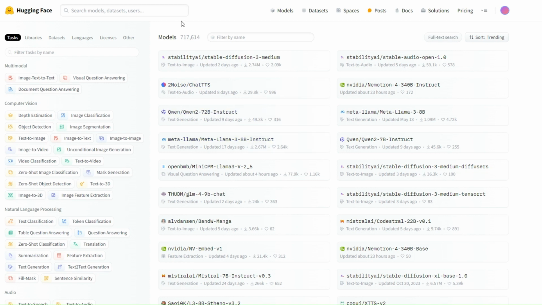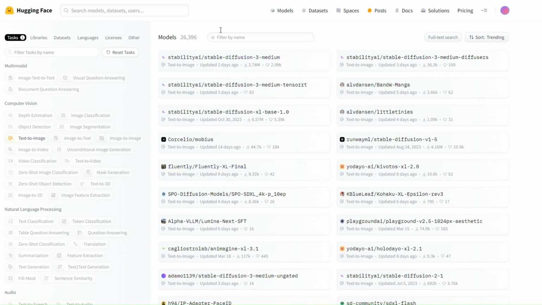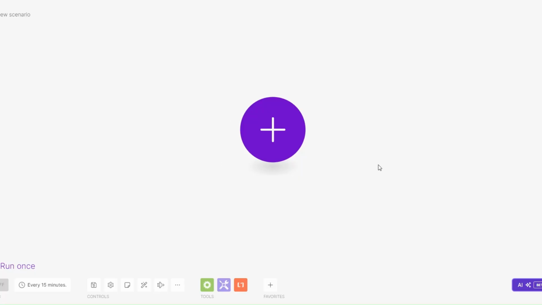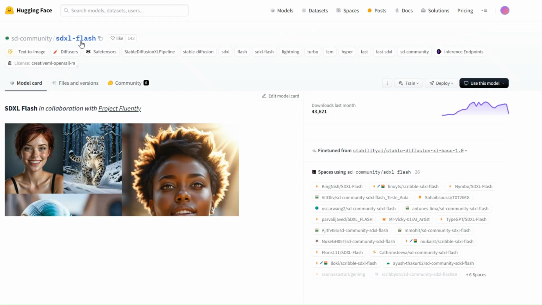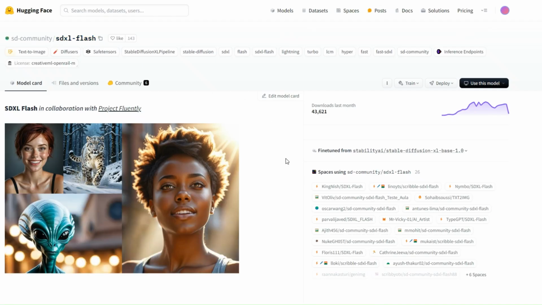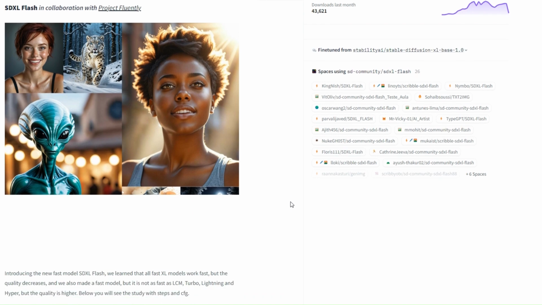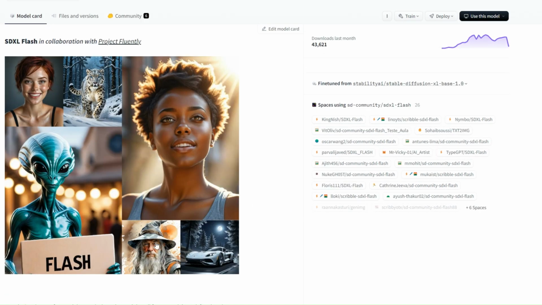Let's get started. On Hugging Face, you will see all the different models right here. The category that we will choose is text to image. On text to image, you'll see over 26,000 different models that you can use to generate images by setting up an automation on make.com. The model that we are going to use is SDXL Flash to generate AI images like these ones